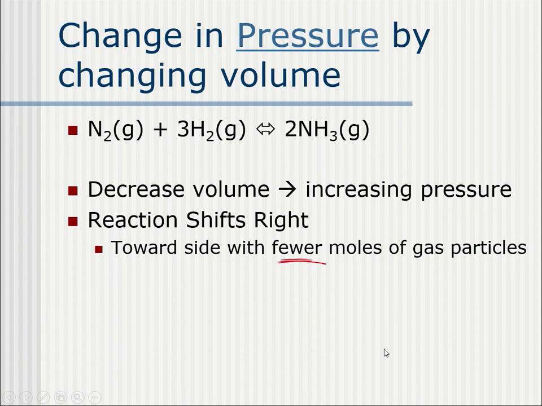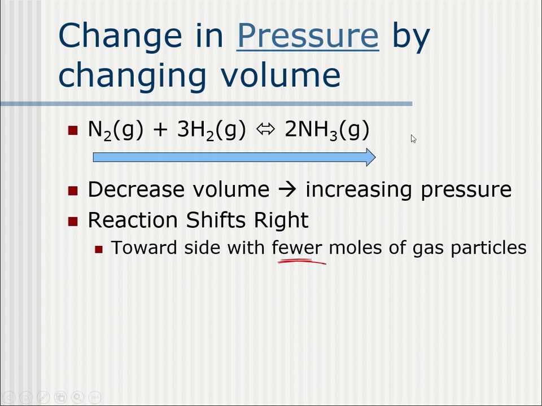In the Haber process, one of the things they do to try to increase the production is it's almost like a piston situation where it's squeezed and released. It's squeezed to try to make more, and as it's being released, they then pump in more nitrogen and hydrogen, and then they squeeze it again. And as it's expanding, pump in more nitrogen, pump in more hydrogen, squeeze it again. And every time you squeeze it, it shifts towards the right to try to make more of the product.